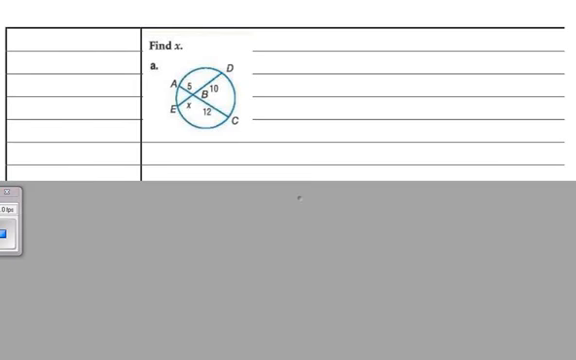Okay, this first example we'll do together. It's an example of the intersecting chords segments theorem. And all that says is we would take part times part and set it equal to part times part. So we would do AB times BC and set that equal to EB times